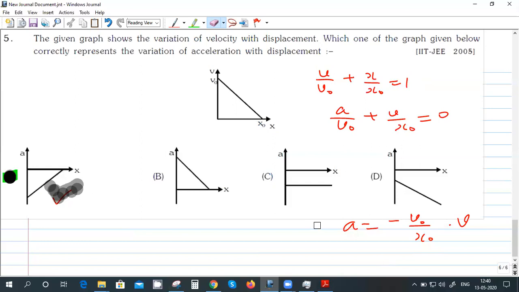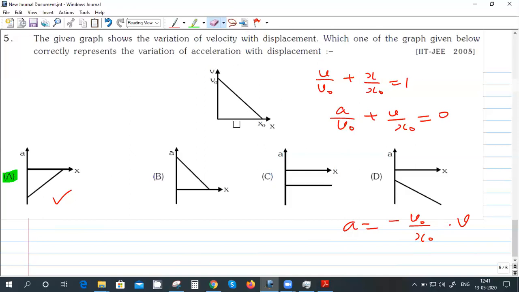Okay, so from this I get a as this one, v naught and x naught constant. So whatever is the value of v, I have to multiply with negative and then as some quantity. So here it is positive, so it jumps to negative, and then here it is becoming 0, so it becomes 0. Okay, so there is only one option which is matching this one. You have to multiply by minus 1. So whatever is here will get flipped to the other side. It's like reflecting this one to the other side. Of course, there is some factor. That's not going to change the nature. So A is correct.